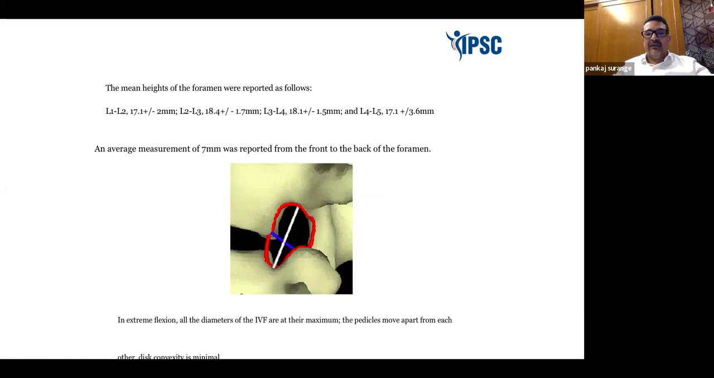This will change with the level, and also with the position of the patient, and also with the pathology. If you have this,